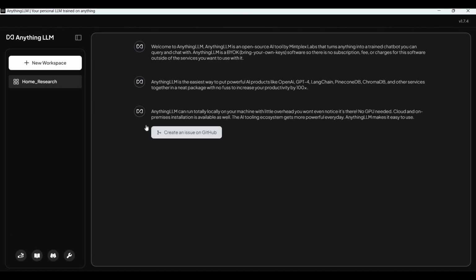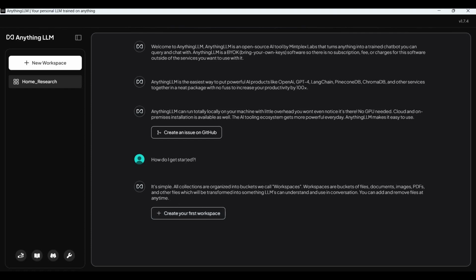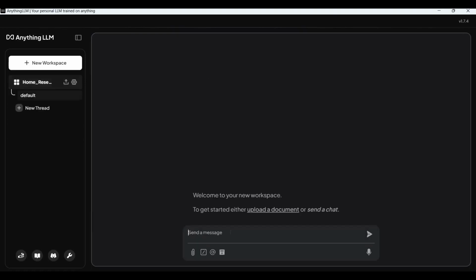Now you see, AnythingLLM is the easiest way to use it. AnythingLLM can run anything. How do I get started? It's easy, you just create a workspace. So my workspace is already there. I can upload information, I can upload images, I can upload text. So let's say,